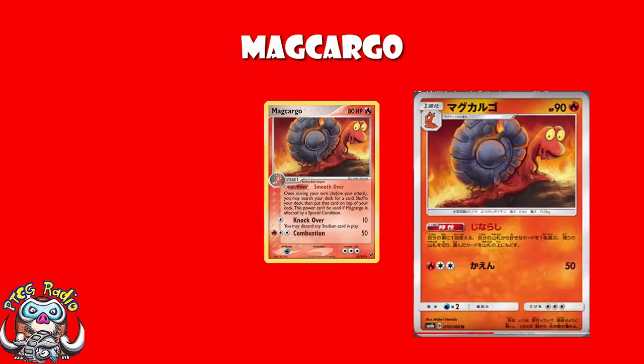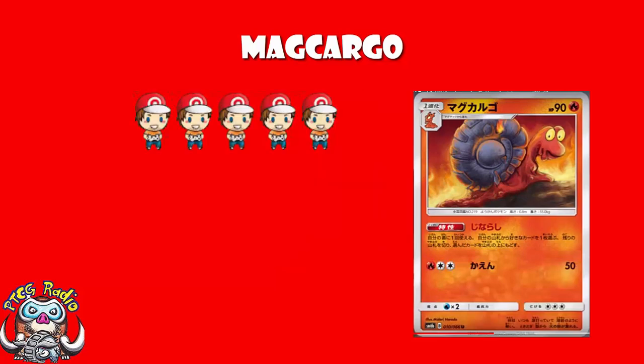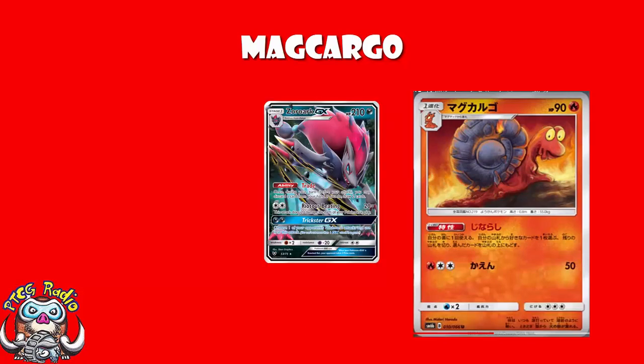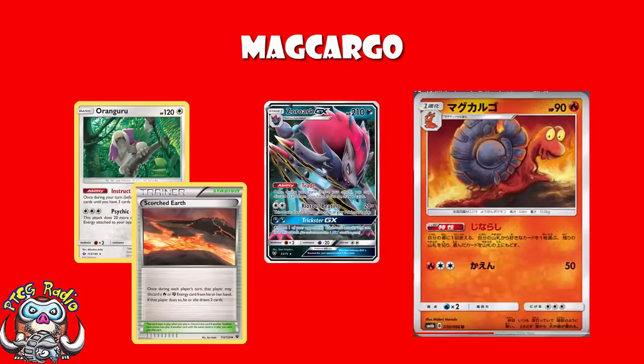Call me overly enthusiastic if you like. This is a 5 Wassy card. I expect this to see a huge amount of play. I'm going to go as far as to say that in any deck that can draw cards when they want to in the middle of their turn, Zoroark, Oranguru, Scorched Earth, anything else that comes out in the future, this is just an absolute no-brainer to include,